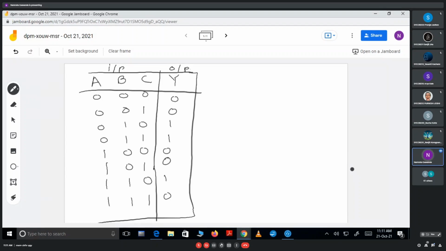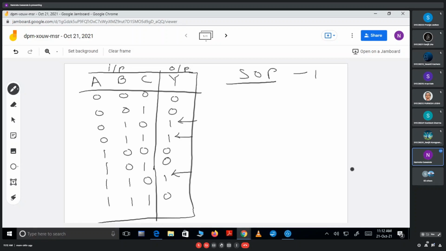See, first, wherever one is given, right? This produces the output in terms of zeros and ones. When we want to convert in terms of SOP, we always have to consider the output as one. Those terms only we'll consider. For SOP, we'll always consider the ones. In the output, I'm getting 1 here, 0, 1, 0, right? This particular term, and this particular term, right?